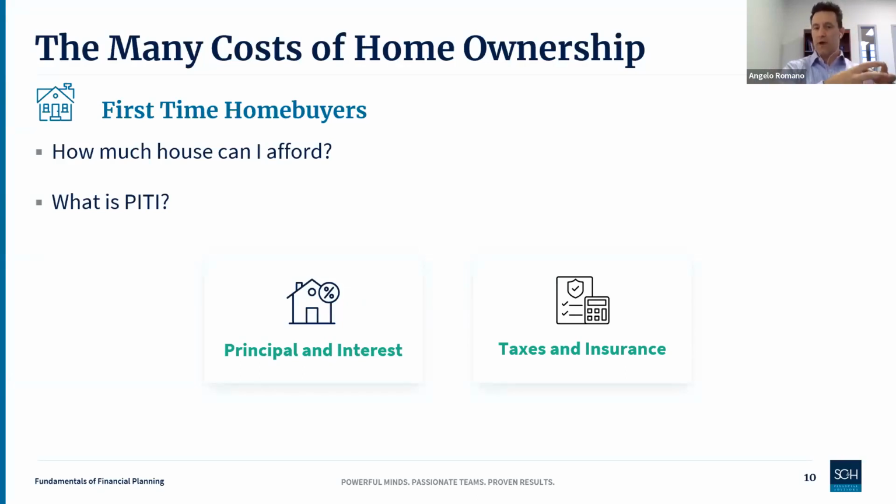Now, principal and interest is attached to the loan. You will pay that as long as you have a loan. Property tax and homeowner's insurance is attached to the structure. So as long as you own that building and you are a homeowner, you will pay those, even if the mortgage is gone. So things to think about as you're going through. And some other things to consider here